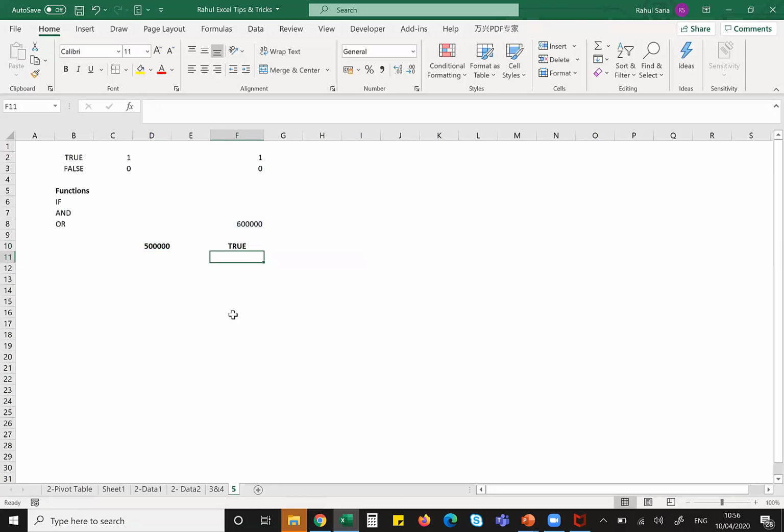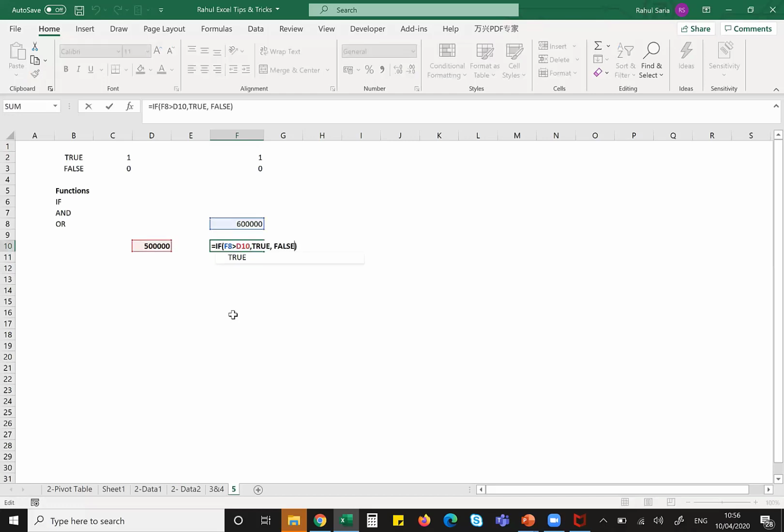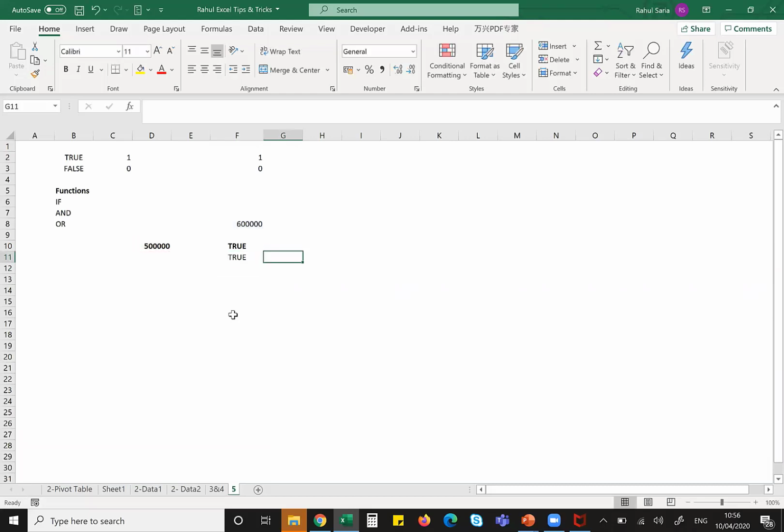This is one way. The other way could be, I simply know this works anyways. So this is greater than this. This is TRUE, right? Suppose I wanted to know what happens if it is TRUE. If I want to use this in a formula, I'll simply multiply this TRUE with 1 and I get a number 1. Or even if I don't do that, I know TRUE is 1. And if I want to use this number, if it is TRUE, you give him an award of say 10,000.